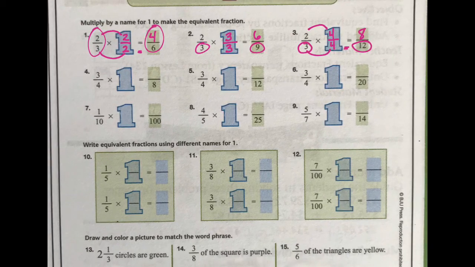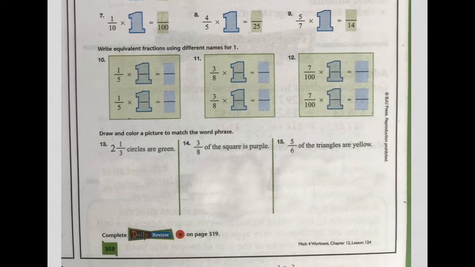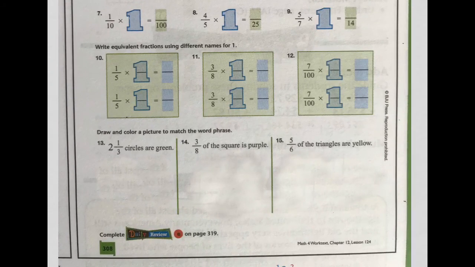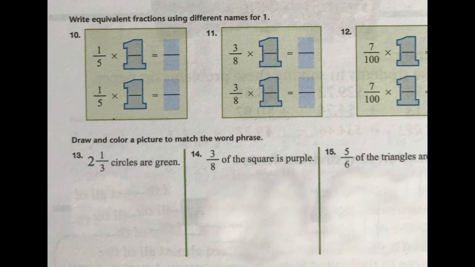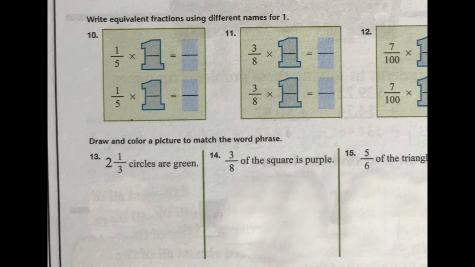Okay, so you'll finish that part, and then I just want to go over the directions for the next 2 sections. Okay, let's look at number 10. Number 10 says, write equivalent fractions using different names for 1. All right, this is where they give you 2. See how they're the same? And then you get to choose what you want to turn them into. So for me, I don't know. I'm just going to choose, let's go